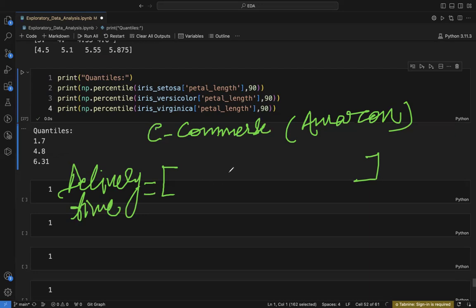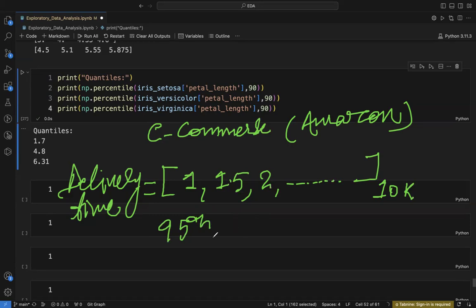So it could be, let's say, 1 day. It could be 1.5 days. It could be 2 days, or so and so forth. So let's assume these are the delivery times of 10,000 shipments. I'm writing here 10K, that means 10,000 shipments that Amazon did in a short duration of time, right? Now, in a problem like this, let's say the 95th percentile